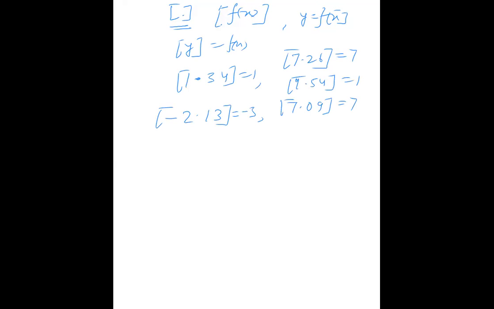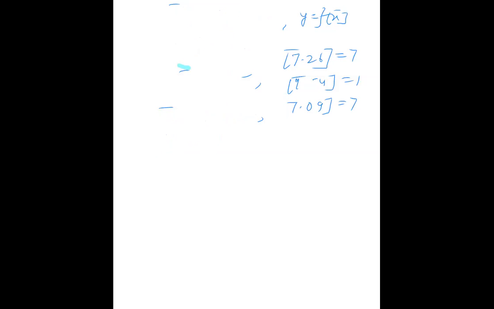And if the integer is given as 5, the greatest integer will be only 5, right? So this we already know, right? These are the simple things, right? So now we are starting with the greatest integer, like y is equal to the greatest integer of fx. Very important, so be very careful, everyone. Y is equal to the greatest integer of fx, starting with this. And we know that always start with